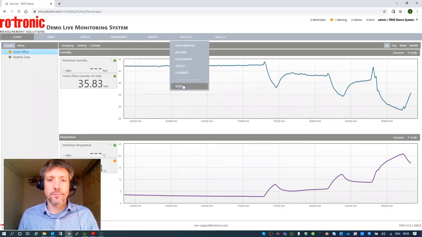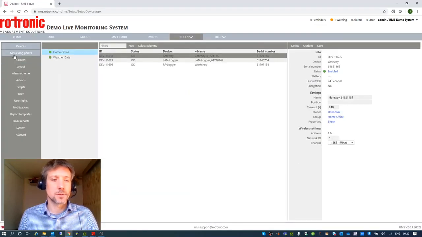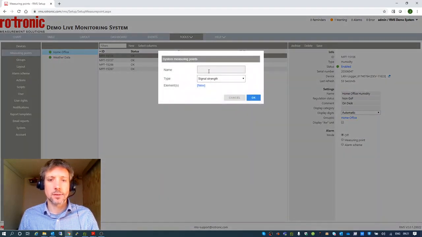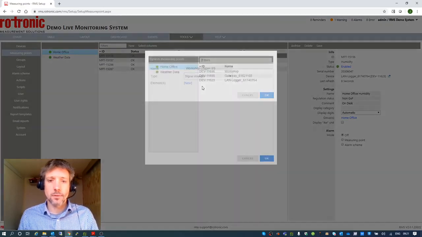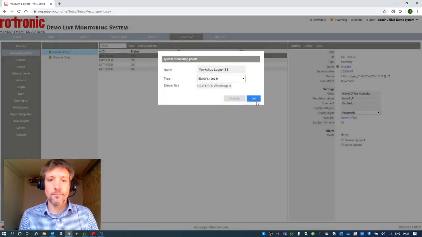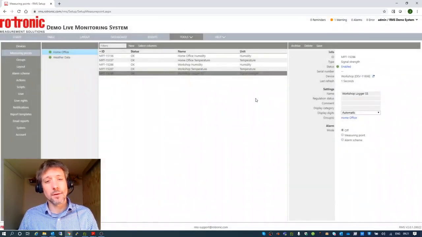If we wanted to go further, which we do for many customers, we can go to our measuring points here and we can add a new measuring point. So we have the default measuring points that the devices provide, temperature, humidity, etc. But we can also add some other ones. So we can add signal strength. So workshop logger signal strength, and I'm going to choose the workshop logger there and click save. So that'll give me a live trace